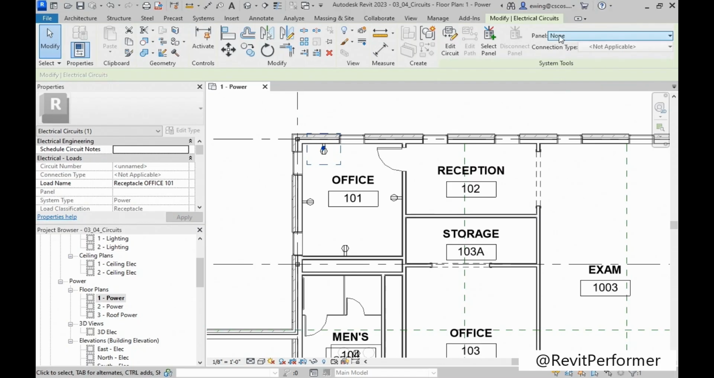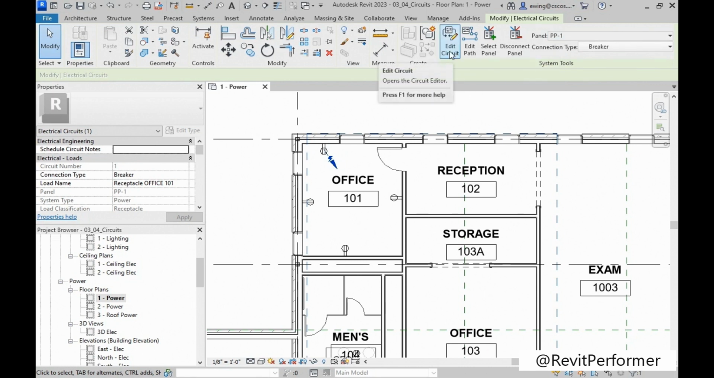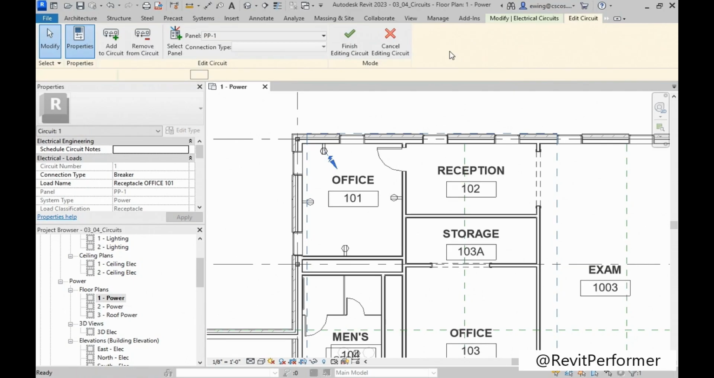Beautiful. For the panel, click the drop down. And only the one on the same voltage as this receptacle will be selectable, right? PP1. It's compatible. Now what we can do is click on Edit Circuit right here. And notice that there's some elements that are not on the circuit. So we're going to add to circuit. We'll pick this one, and then